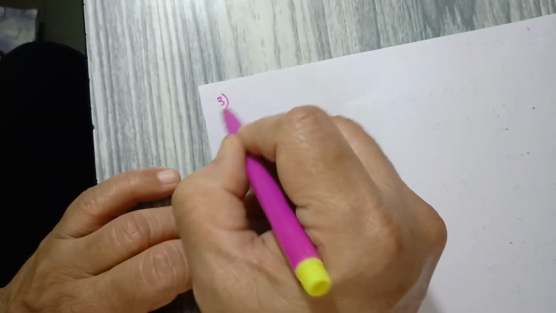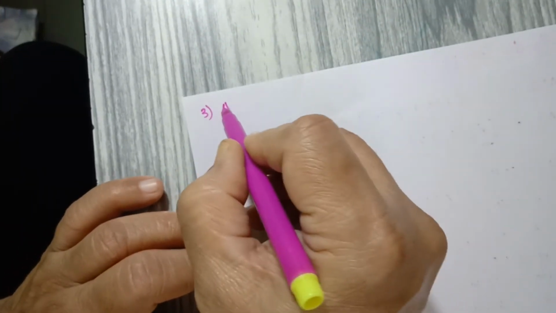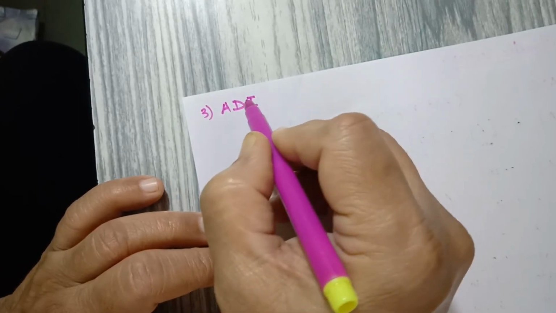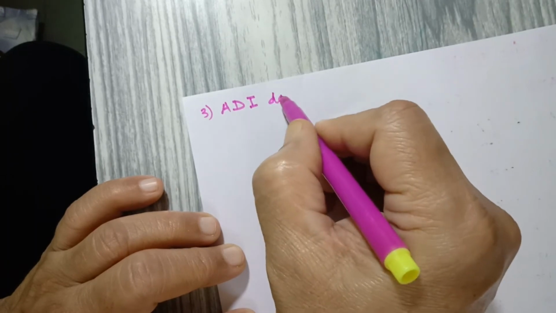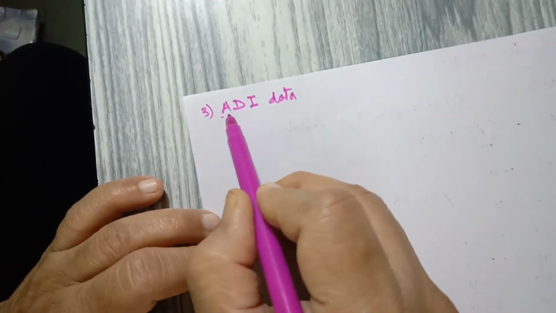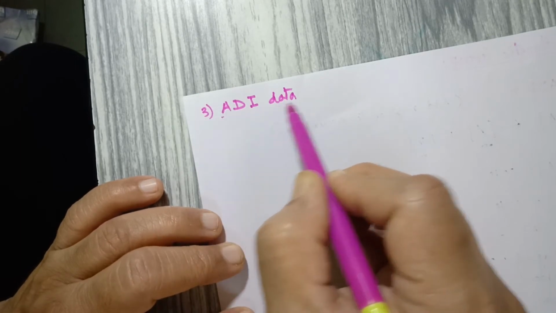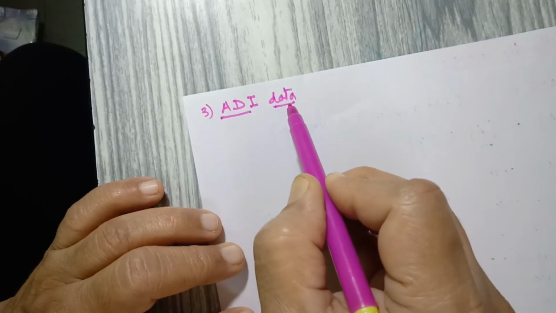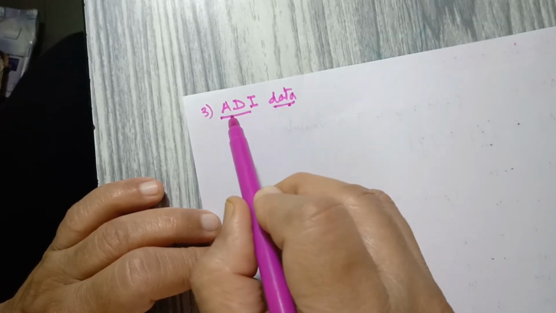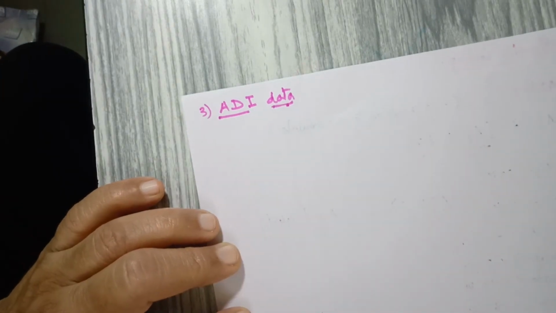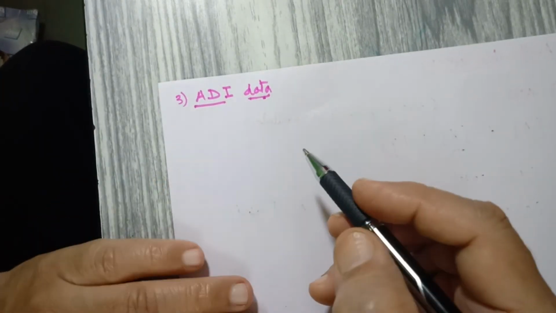Then we have the third instruction. तीसरा प्रकार जो है, if you are interested you want to add your own number: ADI data. See that AD indicates addition, I for immediate, and data. This is the second byte of the instruction. So byte 2, which is provided immediately after this mnemonic, will be added to the accumulator and the result will be placed into the accumulator.